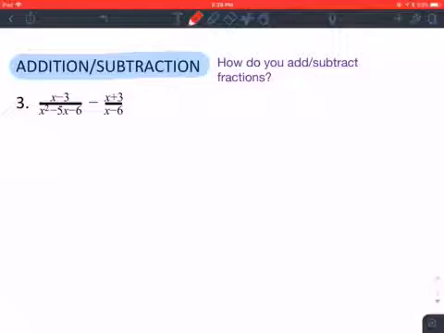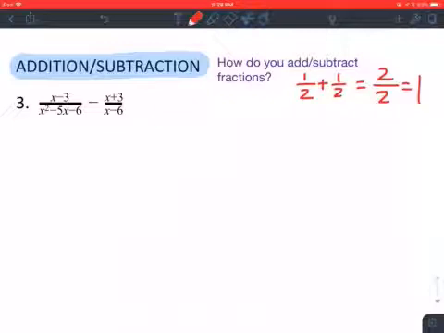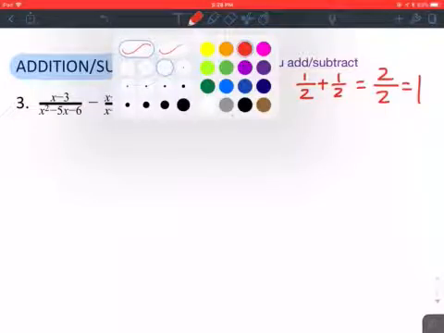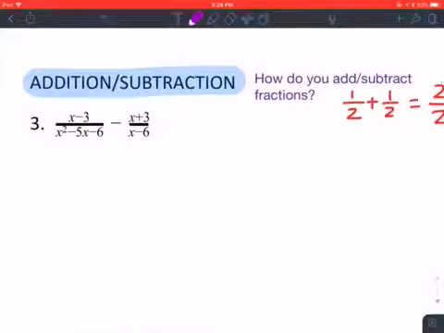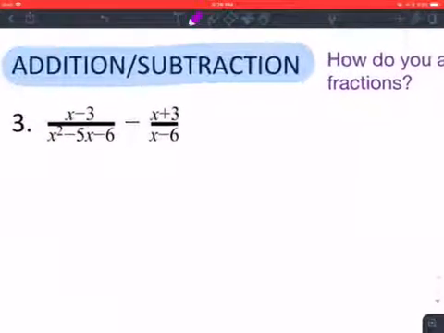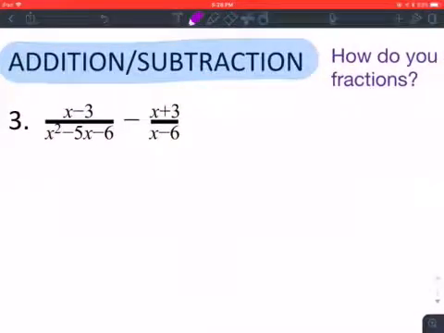So if you ever forget your rules, think of a simple addition of fractions. Now remember, we need a common denominator. Here we already have one of 2, so we're going to add our numerators, but our denominator stays the same. So in the very first rational expression, I'm going to follow those same rules. The main difference is that we have to factor,